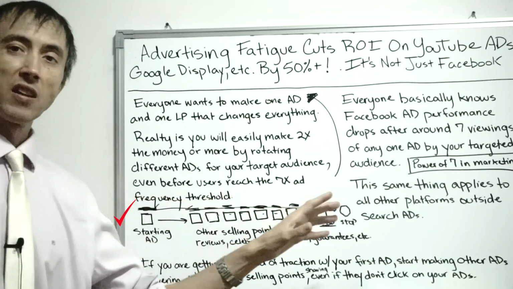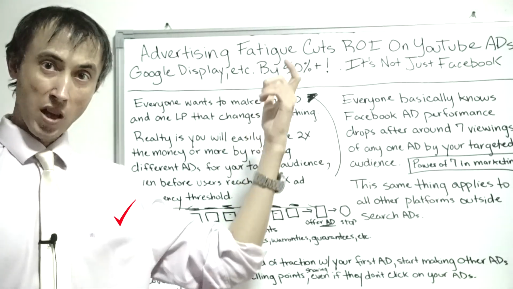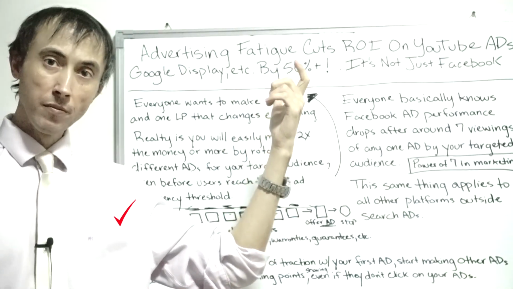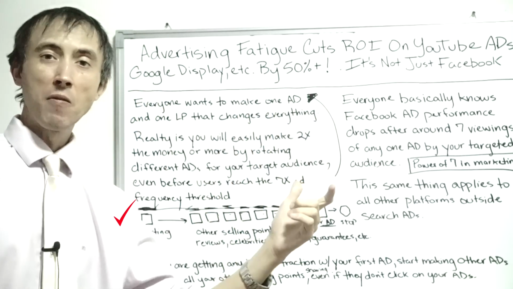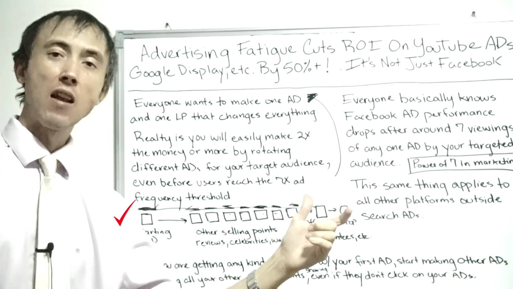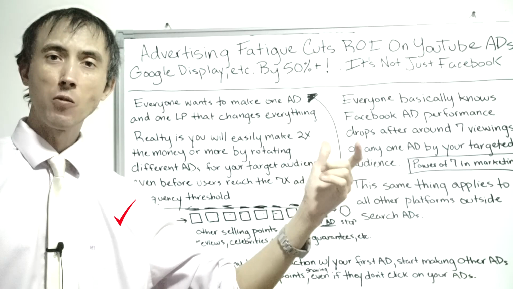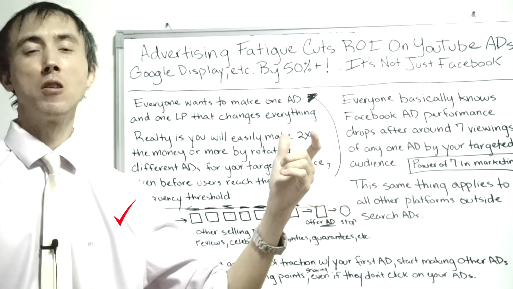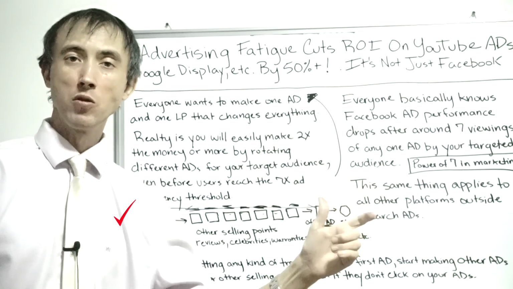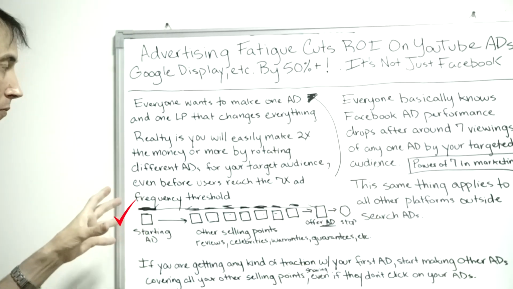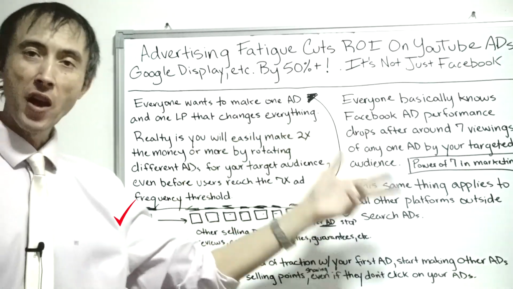It's you run it until the click-through rate drops a certain point, i.e. your cost per click goes up a certain minimum amount, indicating that you're not going to get any. You extracted every bit of value you can out of that particular ad until the cost to generate a click from that ad went up a certain amount, where no matter if you're getting a click or not, you're not going to have profit from that user anymore. So definitely, you need to show your ad multiple times to each person.